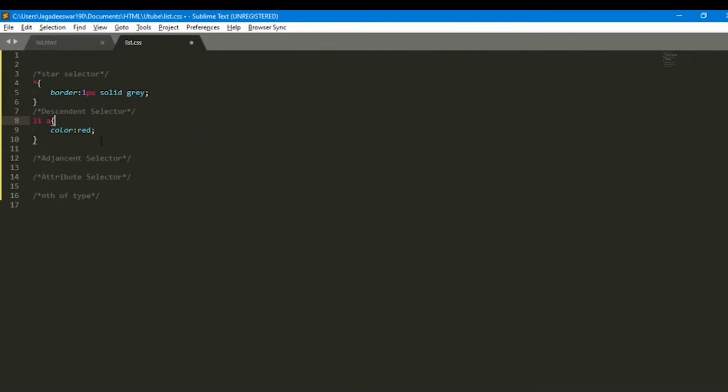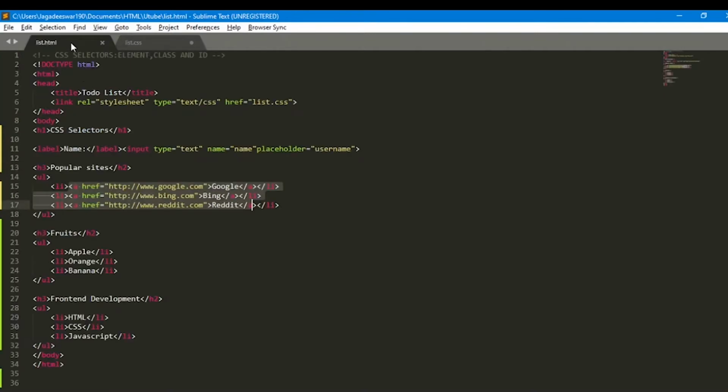The next one is the adjacent selector. It allows you to select the sibling elements. If I have an H3 tag over here, and I want to select the sibling of the H3 tag, which is UL, how can I write this? If I want to add a border or background color for the adjacent of H3, which is the UL tag, now if I rewrite this one instead of H3, H4,